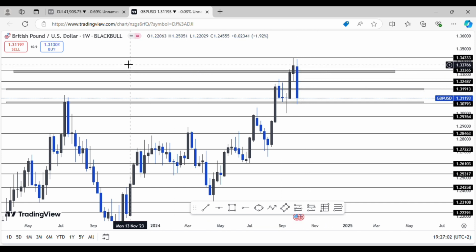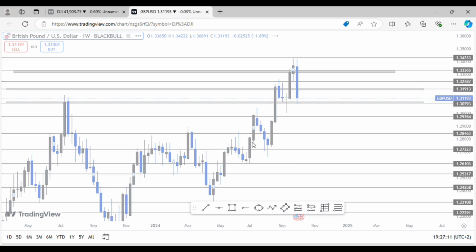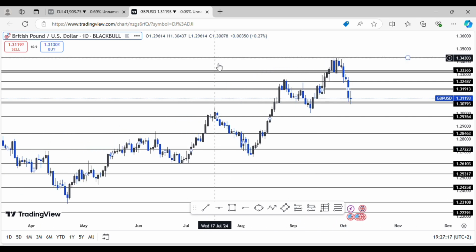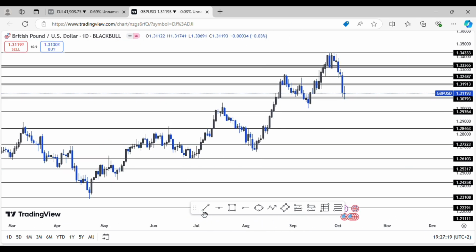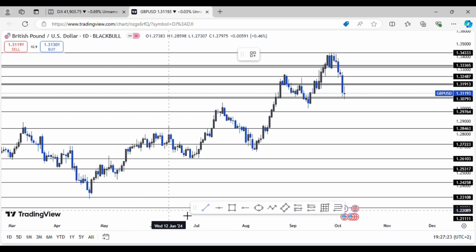So since now I'm done identifying all my zones that act as my support and resistance, I'll just have to move to my daily time frame. So on my daily time frame, what am I looking for? I'm just looking for my market structure, guys. Nothing much, nothing less. So I'll just use my trend line. Let me just cancel this. I'll just use my trend line from this week